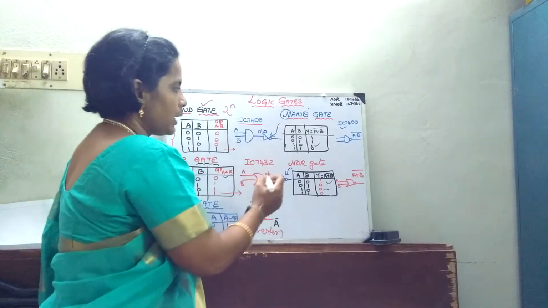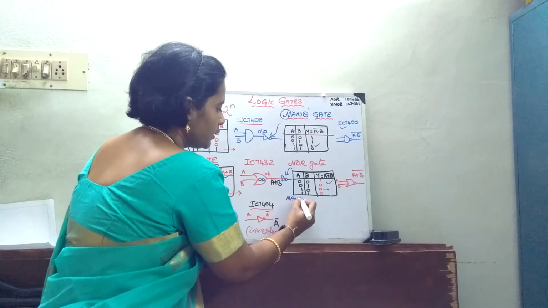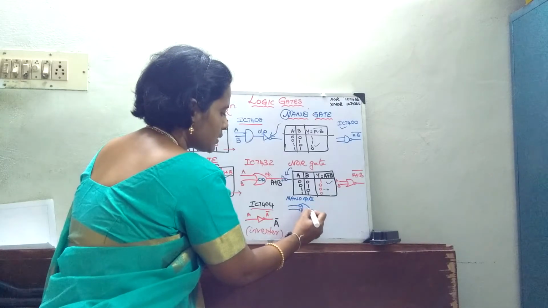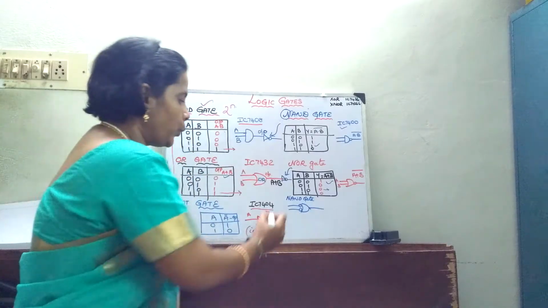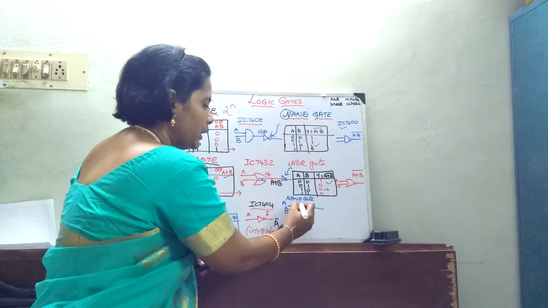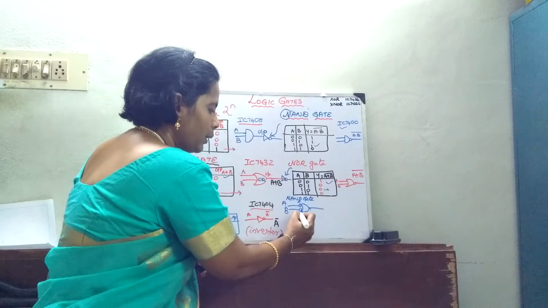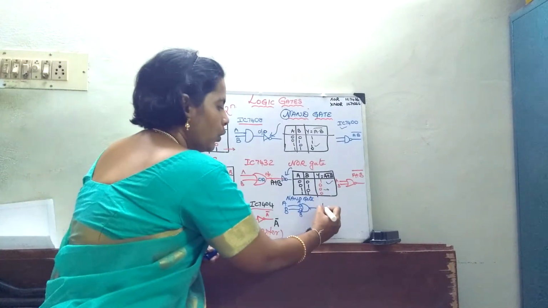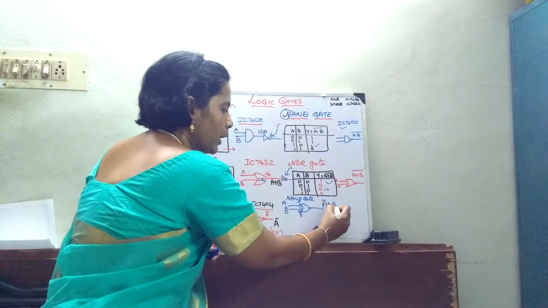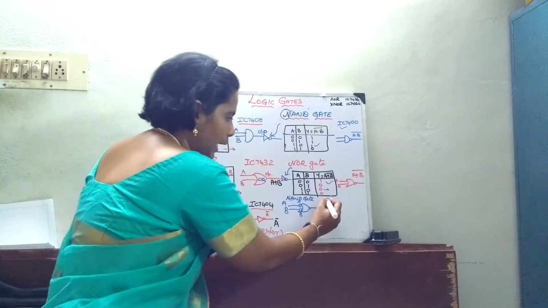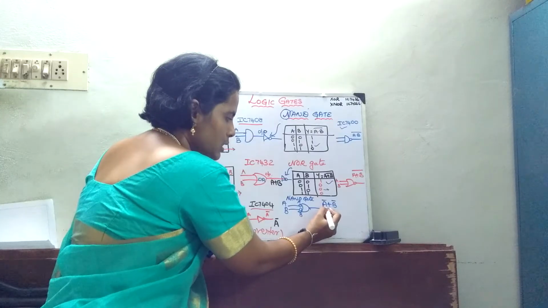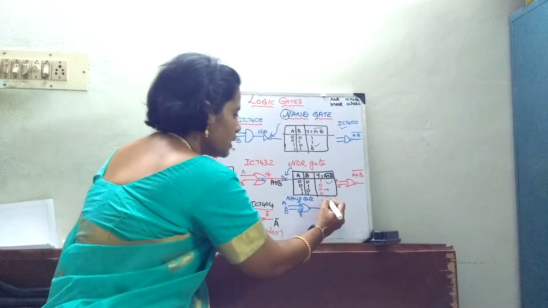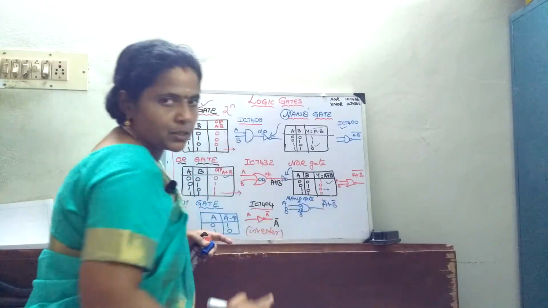In this case, for the NAND gate, I can also draw like this. What will be my output? If this is my input A and B, here I will be having A bar and B bar. What is the function of the OR gate? It is addition. So two data, two variables are added. This is my first variable and this is my second variable. So I am going to add them, that's all.